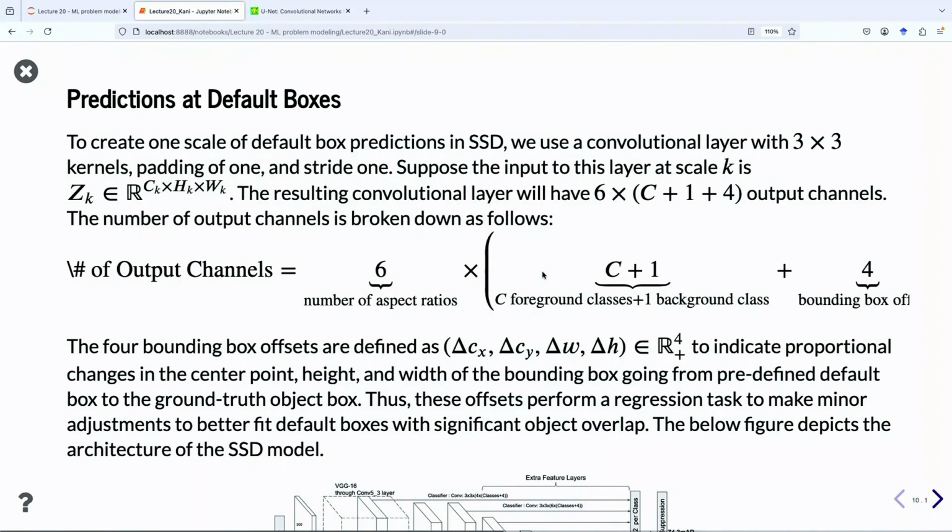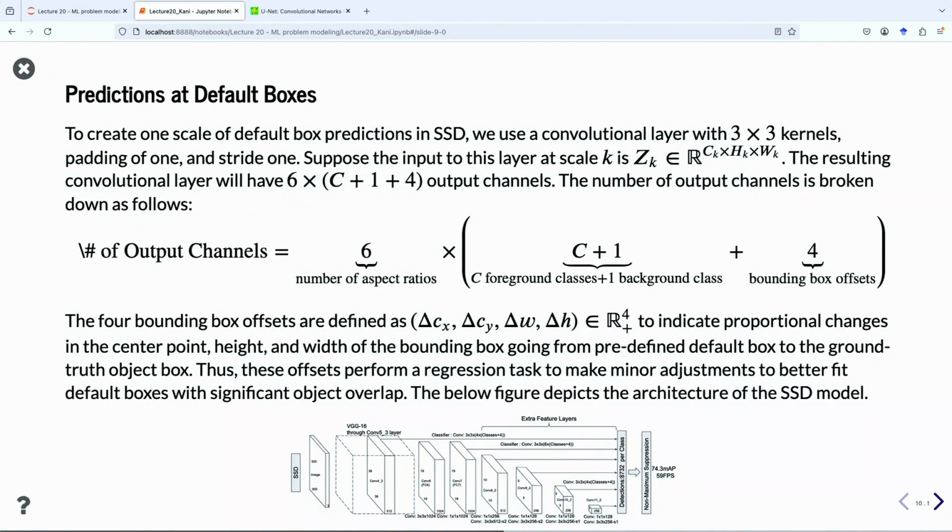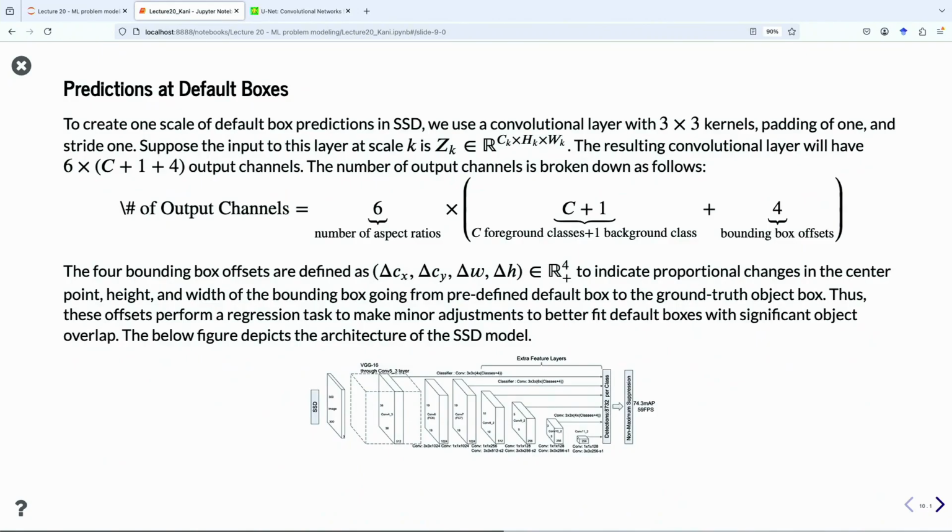So what do we do with this intersection over union? Well, we need to be able to output a bunch of bounding boxes. So one way to do that is, for each of those little anchors, we have a bunch of different aspect ratios.